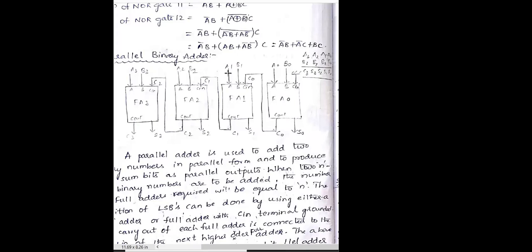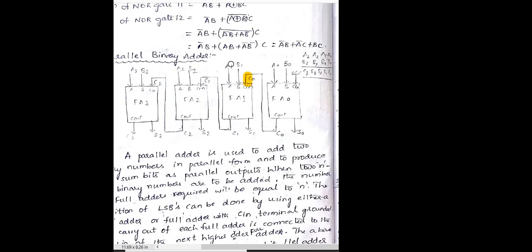And then, if you observe, in the second full adder FA1, the second bits A1, B1 will be added along with C0. Here this carry is propagated from the first stage. First stage means the carry that comes when A0, B0 are added. That is the carry that is generated with respect to A0 and B0. You can see this is the carry.